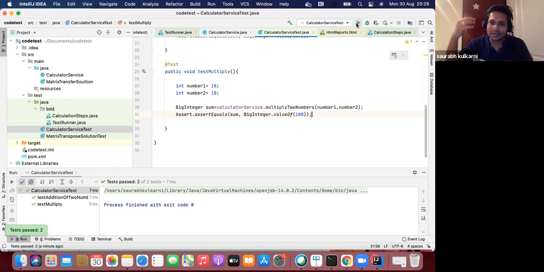So if the business guys have in their mind that they want to put a restriction into the calculator, that if there are fraction numbers, don't add, or if there are odd numbers, don't multiply, if such requirements are in their mind, it doesn't get communicated or translated to the developer. So there is a problem here, and that's why BDD is there. So let's go to BDD now. This is the TDD example we have seen quickly, and I'll go to the slide first before we go to the BDD example.